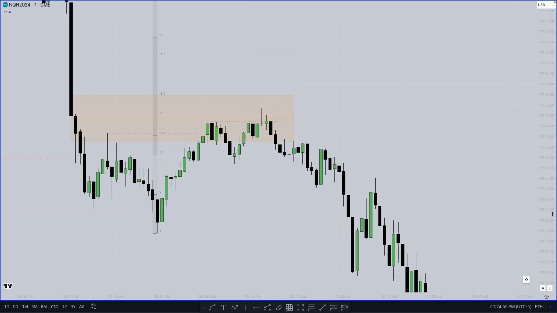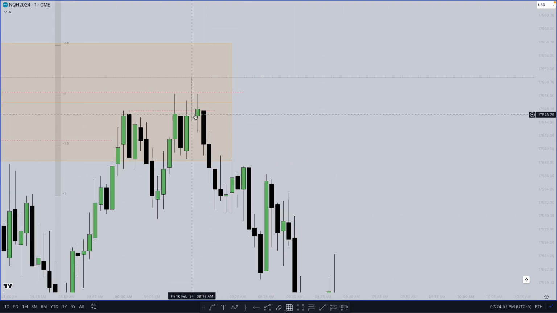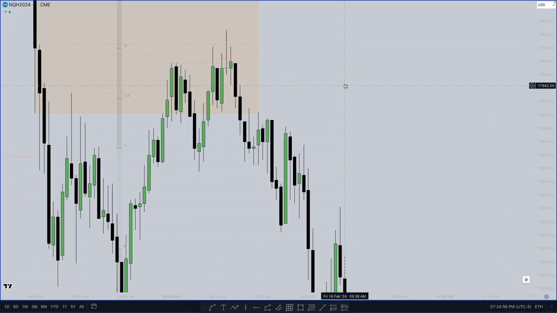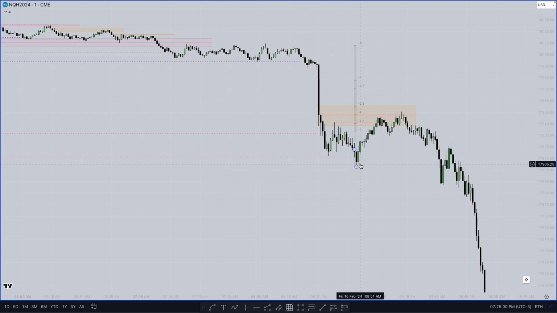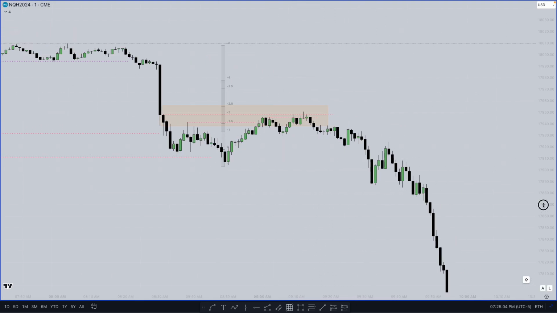Eh, by a hair. Not enough to entice me to go long, especially not after this fat drop and shift of higher time frame order flow and structure. So